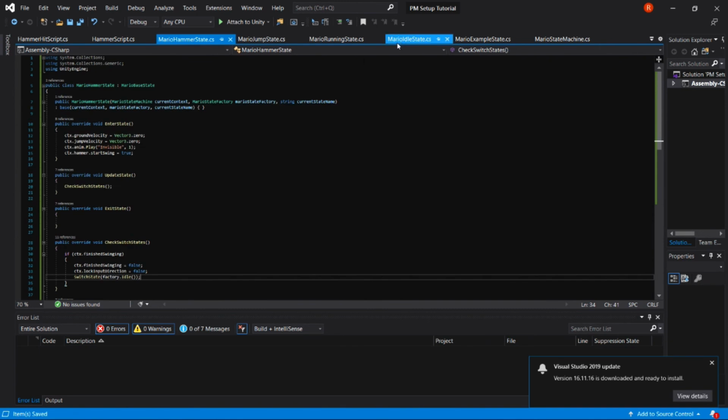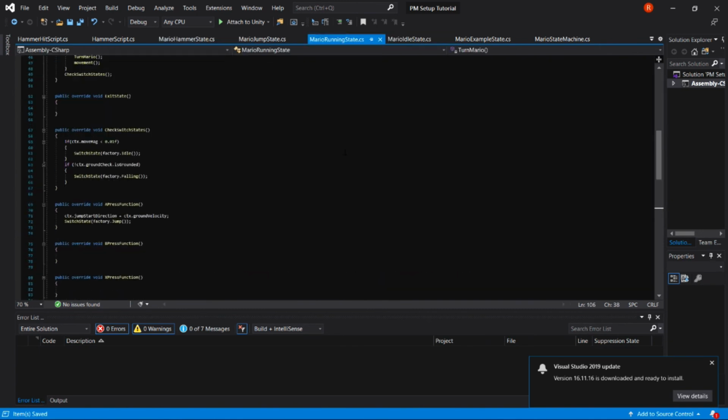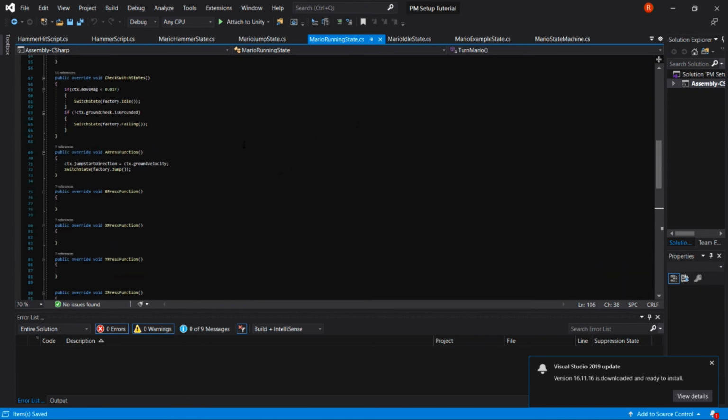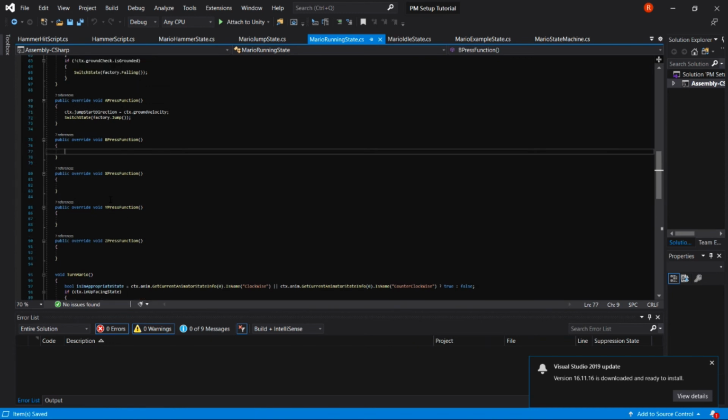And last but not least, we're going to go into the idle and running states, because those are the states where Mario can do a hammer swing from. And we're going to go in each of them to the bpress function. So we set up an apress function and we use that to jump. The bpress function will be used to hammer. So I'm in the running state right now. So if we press B, we want to say,